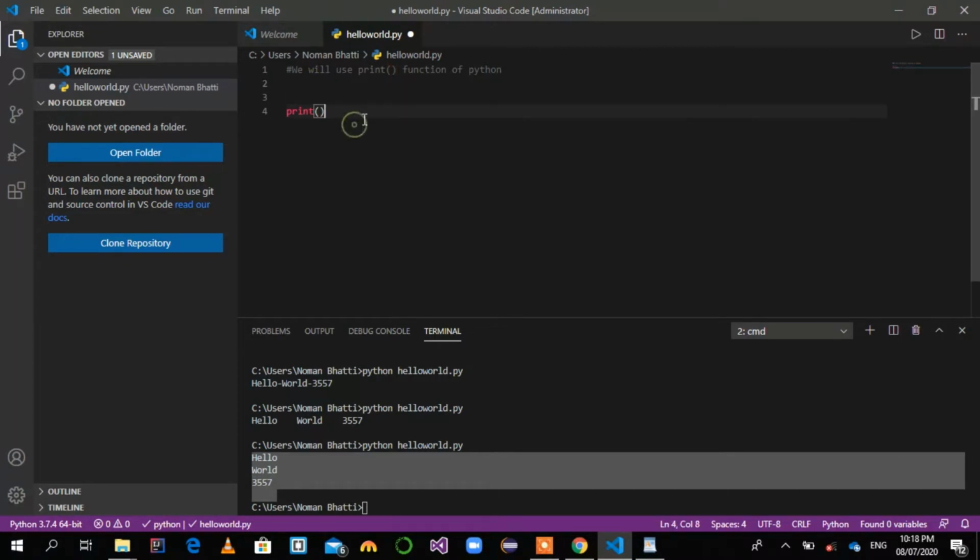Now we are going to check the result of the print function. Right click on your file and open it in the terminal.